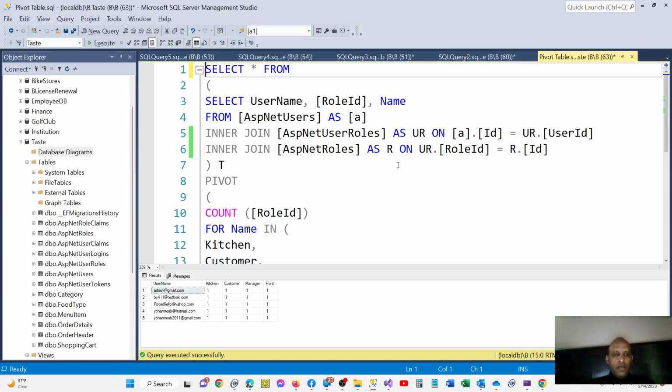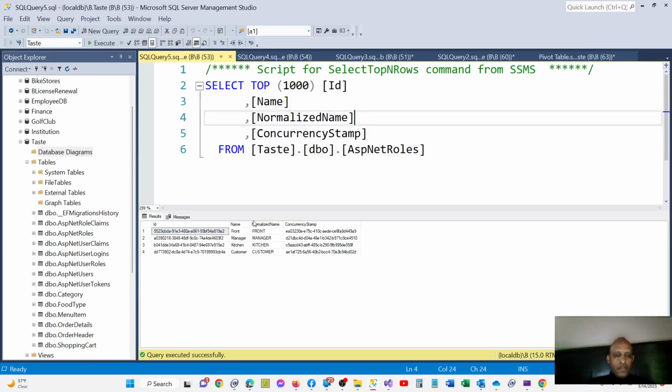Today I'd like to talk about pivot tables. A pivot table is a table where you take the data that's being displayed vertically and flip it, displaying it horizontally. So I would like to rotate this table and rotate the names front, manager, kitchen, customer as the